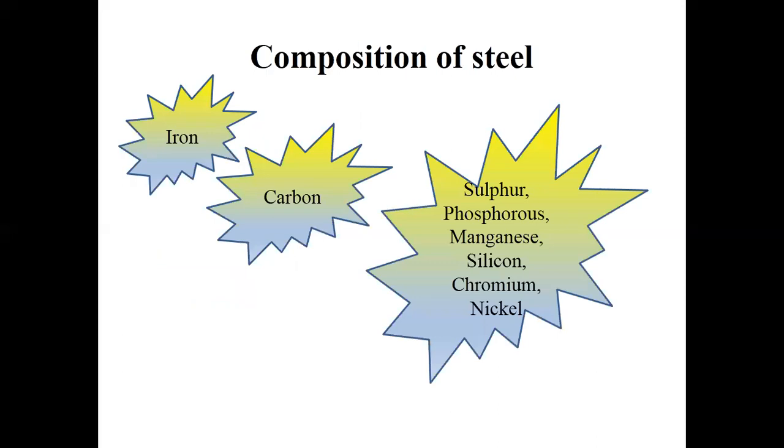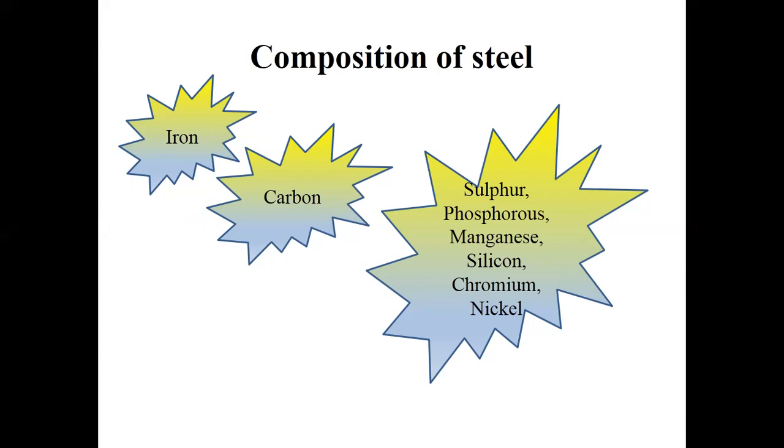Next we are going to see the composition of steel. Okay. The major component of steel is iron. We have discussed already, steel is an alloy, so it consists of various metals. The major constituent is iron and the second is carbon, and the remaining will be some traces of metals. Iron is about 98% in the steel. Okay, whereas carbon is about 0.1 to 1.1%. The remaining 0.9% is composed of these remaining metals.